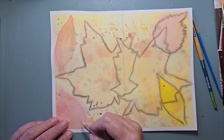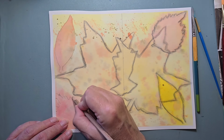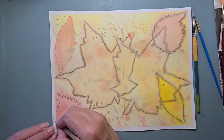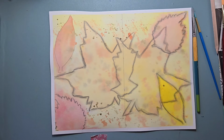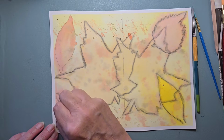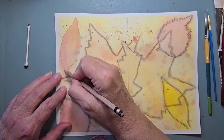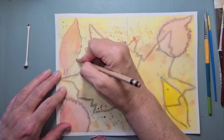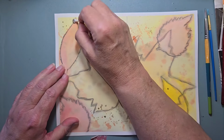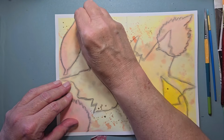Nice. We're almost done. Another sawtooth. Do you think this is a nice autumn page? I think it is. Okay. Okay, Mr. Sawtooth. One more. And it's a fast one. Okay,